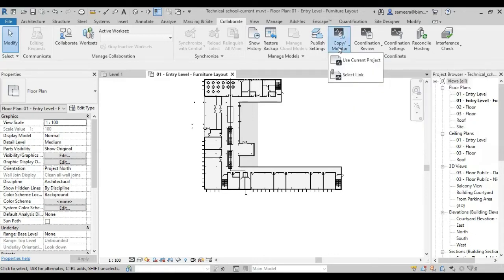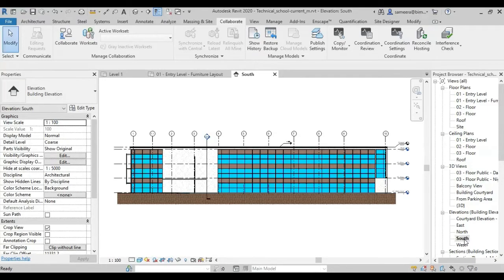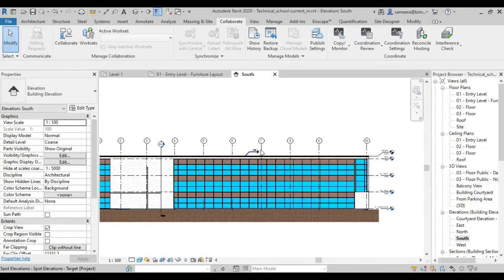Okay, so select this Copy Monitor option. Suppose I'm showing an example. If you have to link an architectural file into a structural template, we know the levels can be similar, right? The same levels I need to create in the structural file, and the same grids I need to create. So without creating these, how can we make copies? Here we can use Copy Monitor.